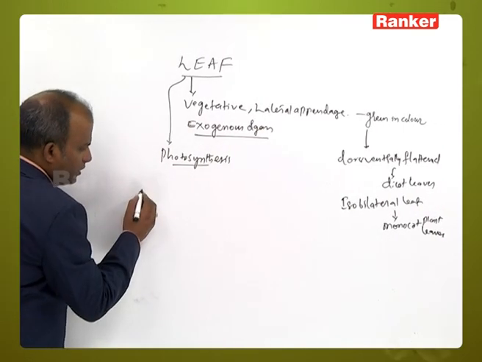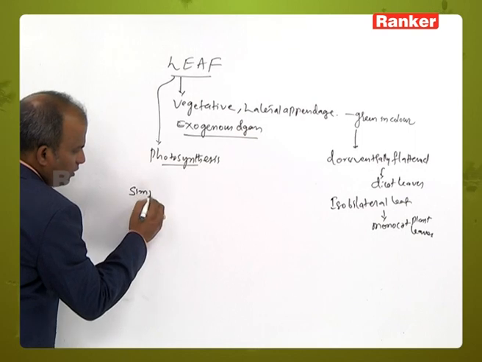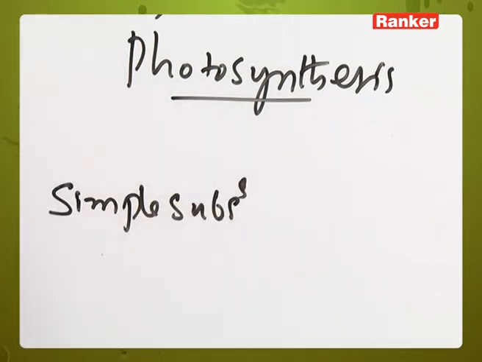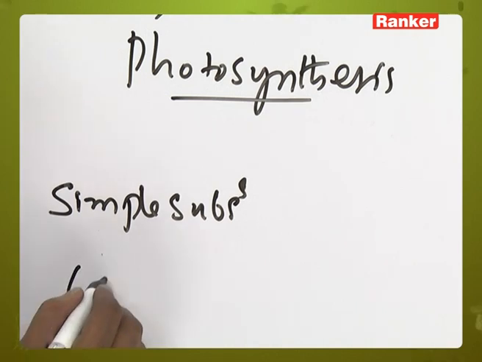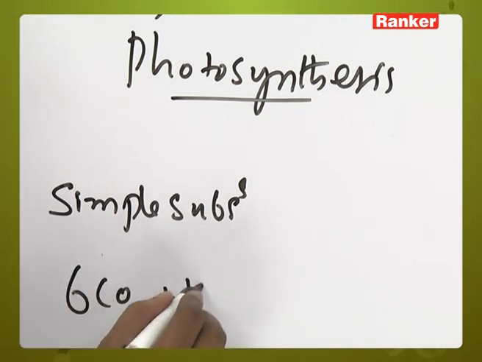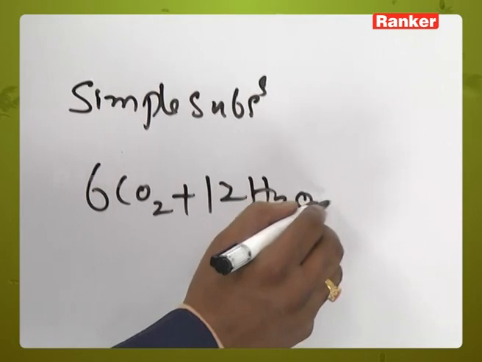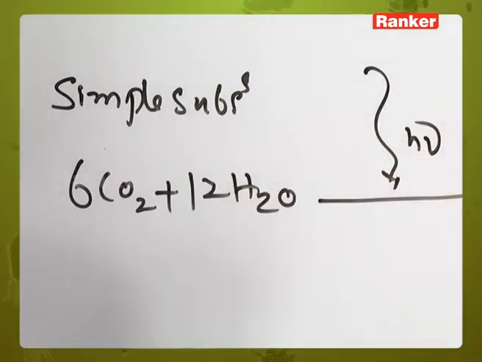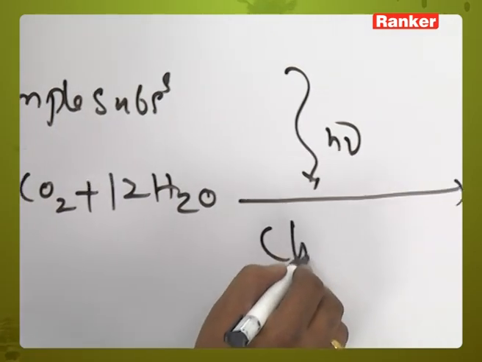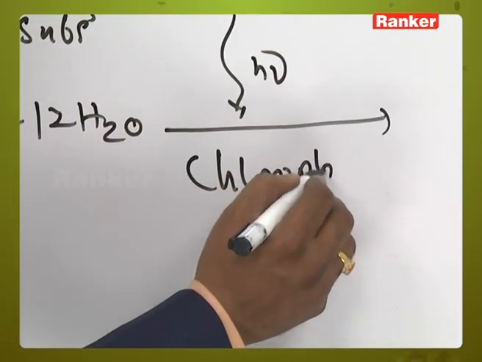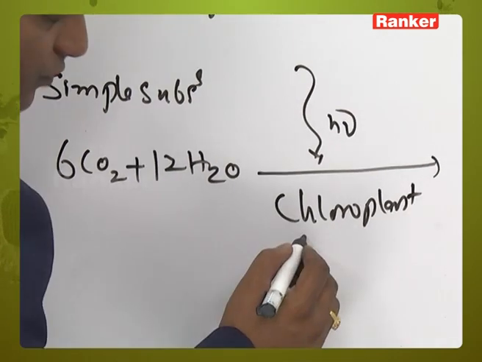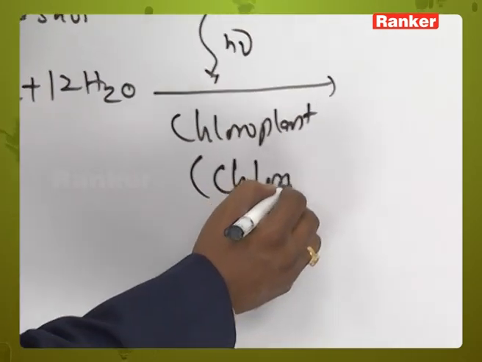That is nothing but 6CO2 plus 12 H2O, in the presence of sunlight and the cell organelle chloroplast, which contains chlorophyll,